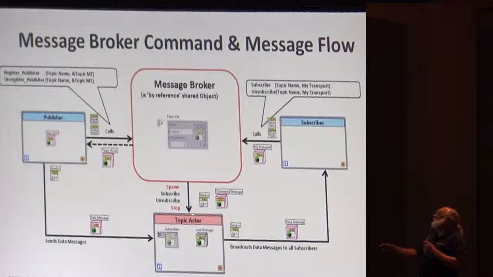This is a way to avoid extra jitter in the publisher. It is done in a separate loop that is specific to a topic: one topic actor per topic. There is another option if you don't care about the jitter. You can do publishing from this loop. So as a developer, for a specific topic, you can choose either one. So that's pretty much how it works.